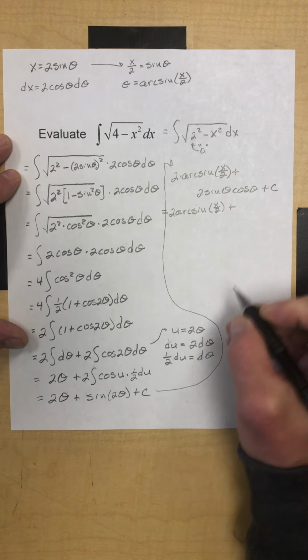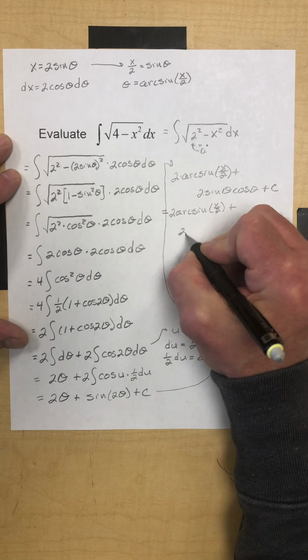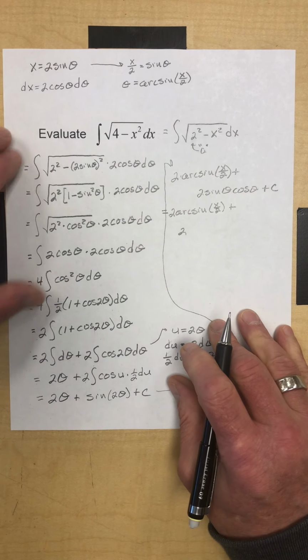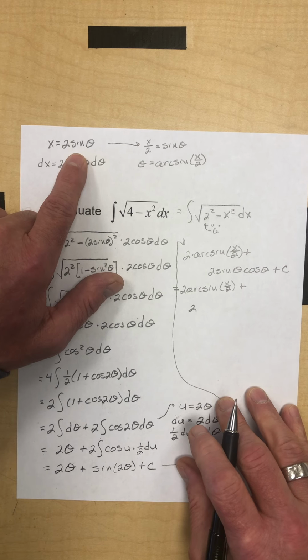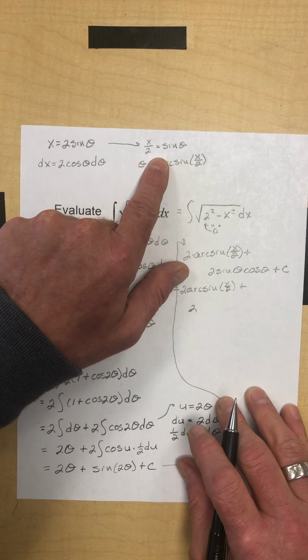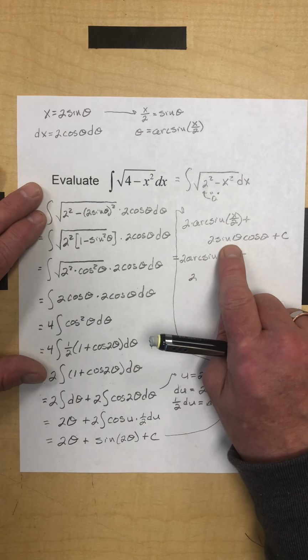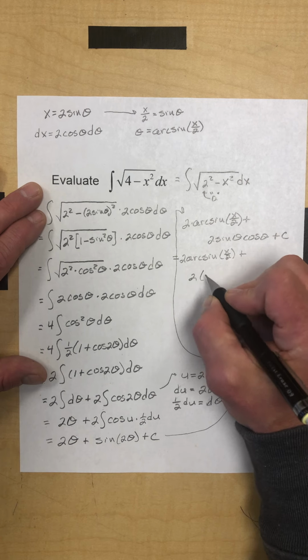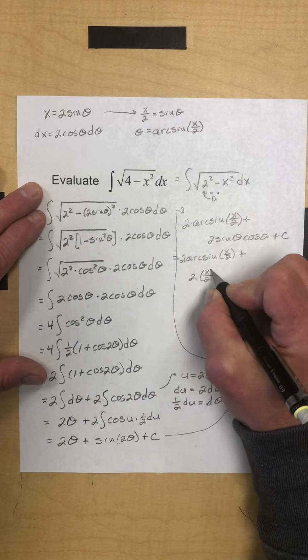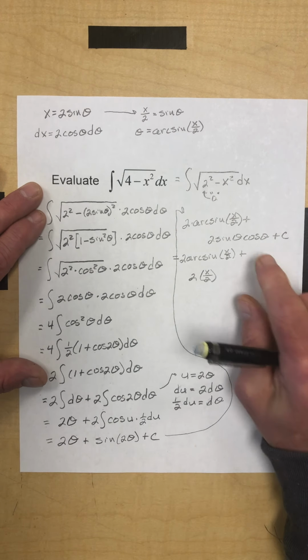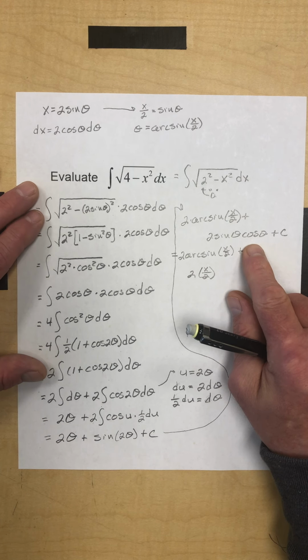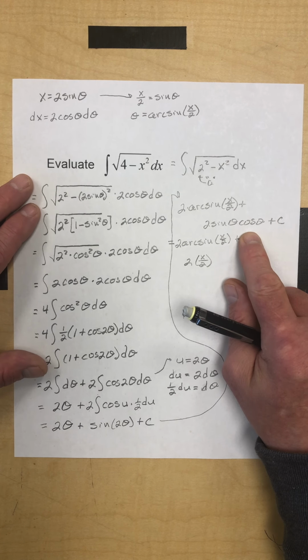Plus, let's see, 2 sine theta. Well, if we go right back up here, isn't sine theta just x over 2 right here? So why not substitute in x over 2 right there? Now cosine theta. This is where you have to use your